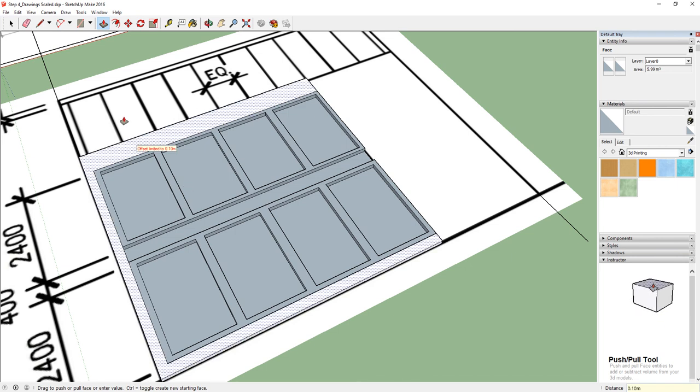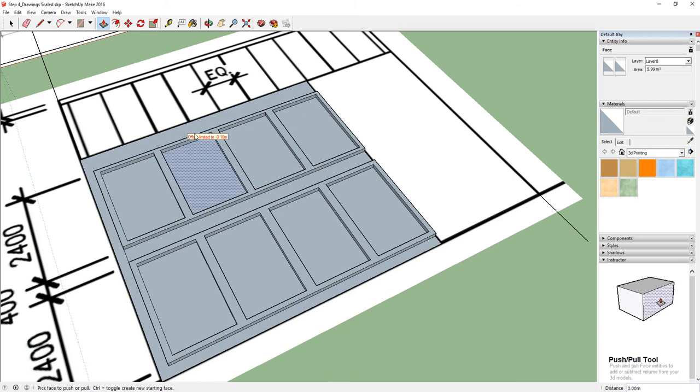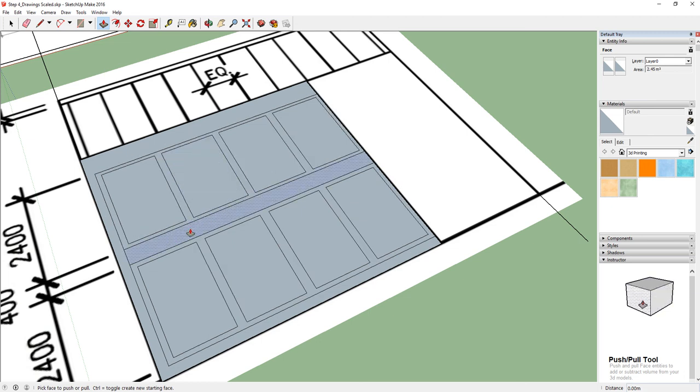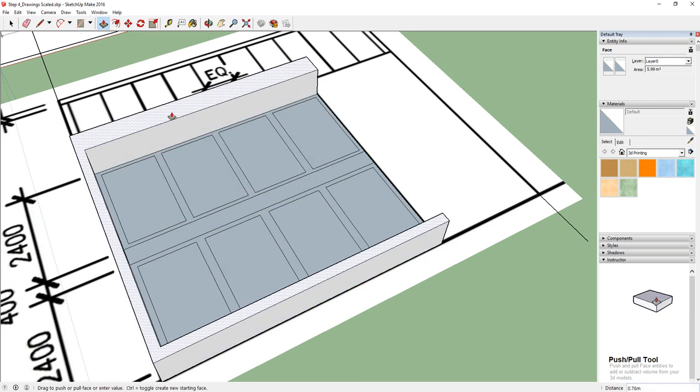Now, take a look. It's saying that our offset limit is set to 0.1. The reason this is happening is because we actually extruded our window frames first. The workflow in SketchUp is so that you extrude your largest dimension first and then work your way down with your smaller dimension. So I'm actually going to undo everything I've done, and I'm going to extrude my walls first,